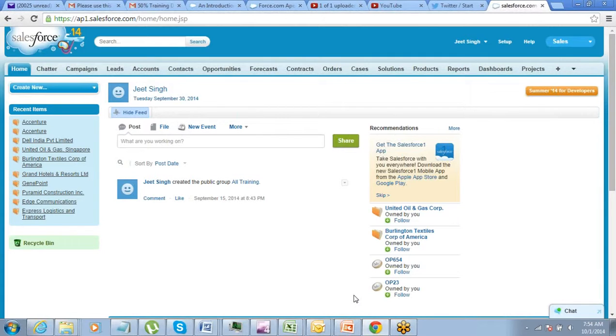Okay. The second thing that we need to keep in mind before deleting is that it's required to take a backup of the data before you delete it. So it's always recommended that you do an export, have an archive outside Salesforce, and then delete the data within Salesforce, so that if you require it at a later point of time, you can again import it, or you can use that data, right? So it's always recommended that before you perform any delete operation, you do an export operation, right? So these are a few things that need to be kept in mind. All right, so now let's do the delete thing.